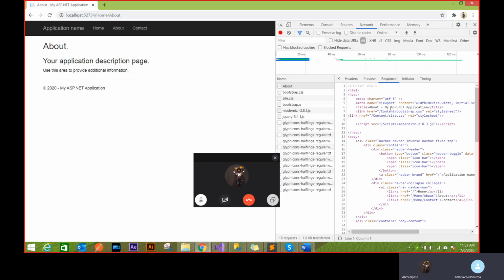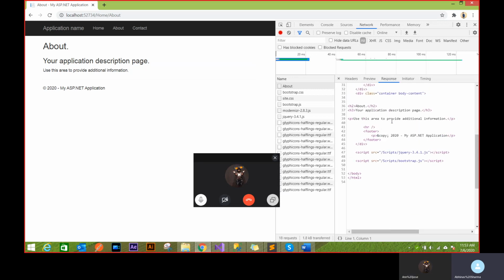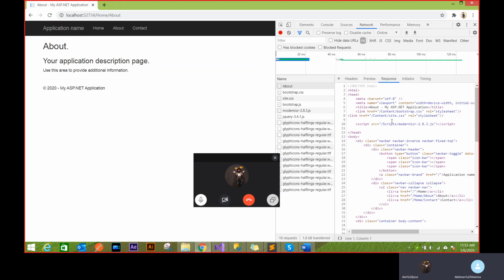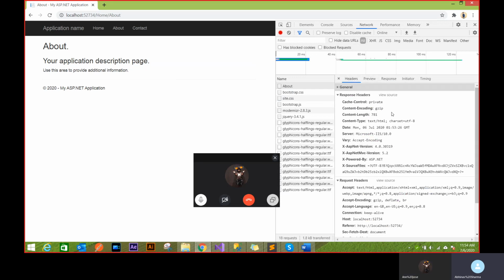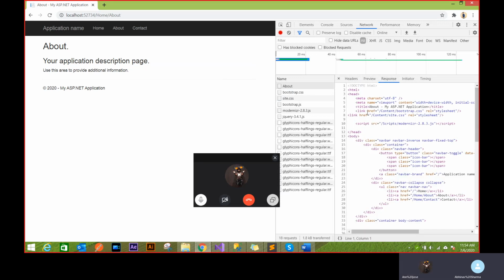So if you go to the response, you'll see it's giving me back an HTML, a pre-filled HTML with all the things that are shown, that will be rendered by the browser then. So from this request, I get back a full HTML as a response. You can see this HTML is a view, Model View Controller, that's MVC. This is the view part that is written back from the controller.